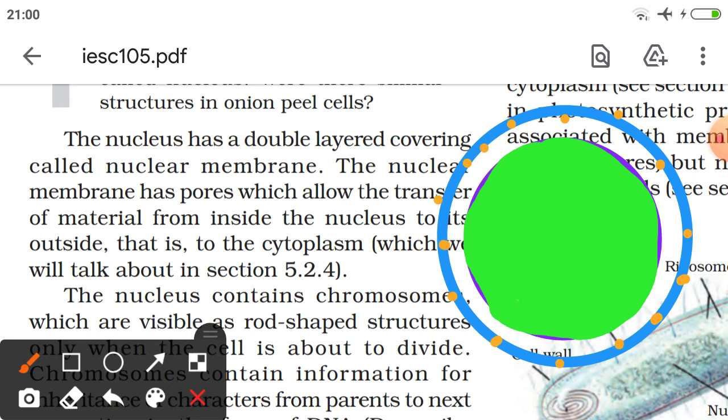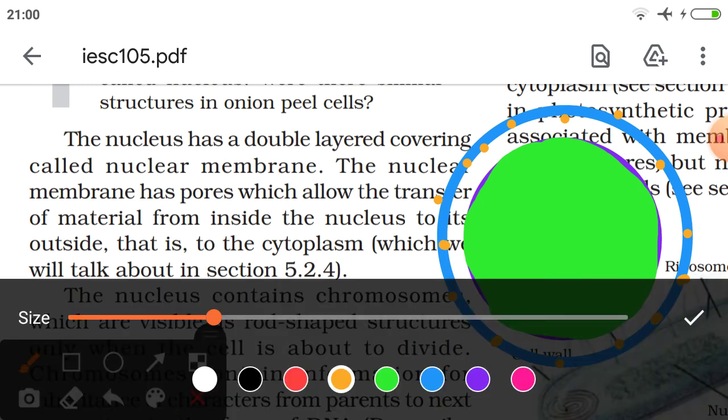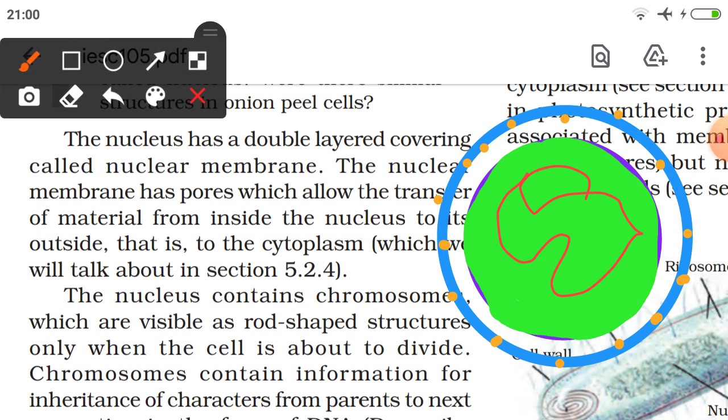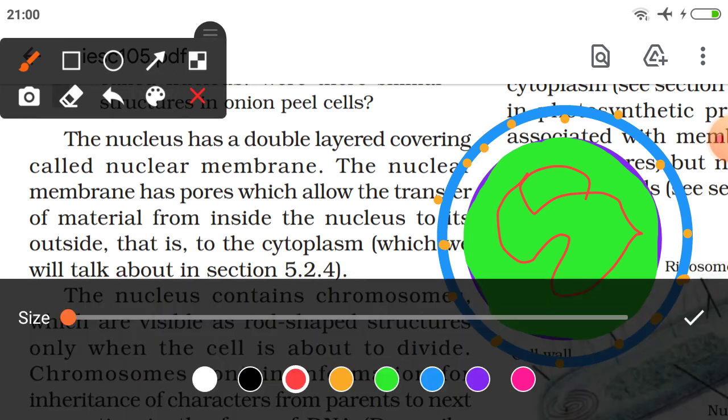So yes, in this diagram, in the nucleoplasm, the chromosomes are suspended. So these thread-like things are chromosomes. So these chromosomes carry information for the inheritance of characteristics from parents to the next child. In this we have